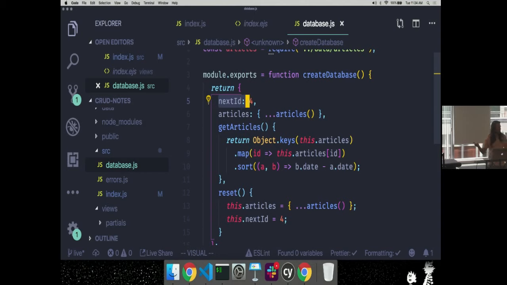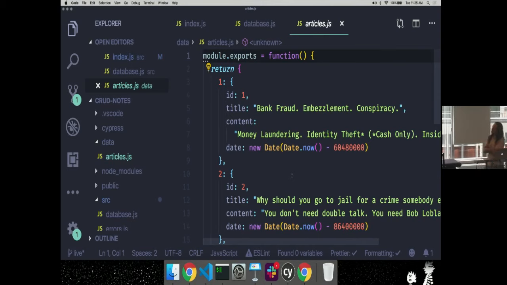If I want to add a new ID and I want to increment every time, well, I need to keep track of what the last ID was, so I could do that on here. Articles is going to be an object full of articles where the key is the ID of the article, and then the value is going to be the properties of that article, the ID and the title. I've got this little helper function that I put on here, and what it does is it takes those keys, because here's what articles looks like.